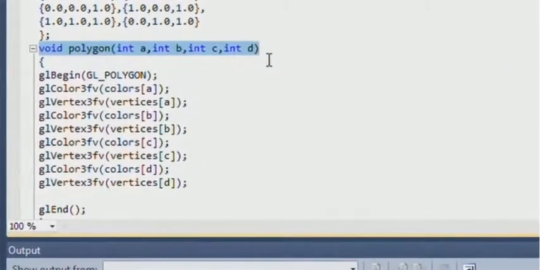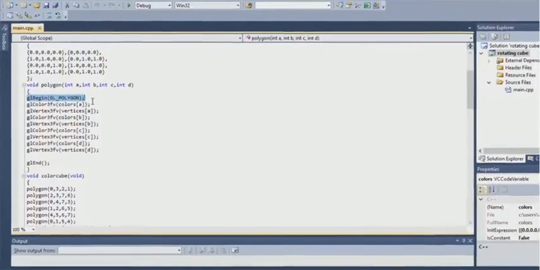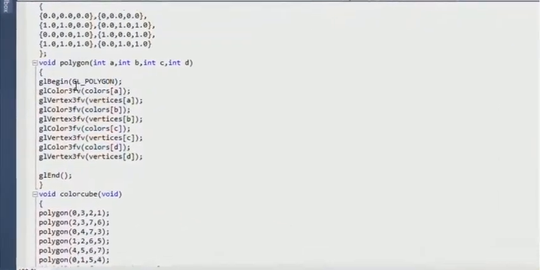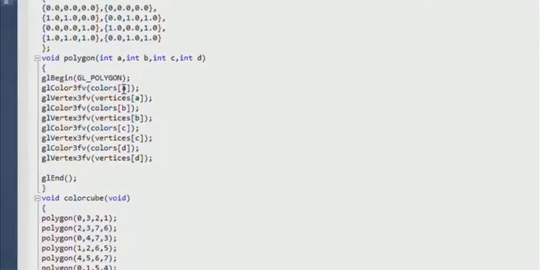Void polygon here is a function used to draw the color cube with 4 vertices as parameters. glBegin is a type of primitive to draw a polygon.